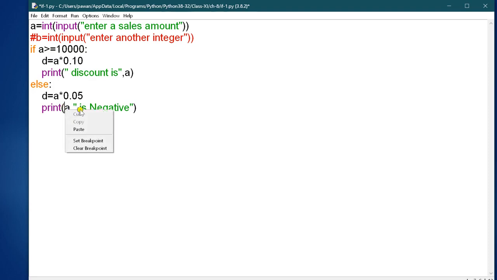So here also you have to write discount is D.